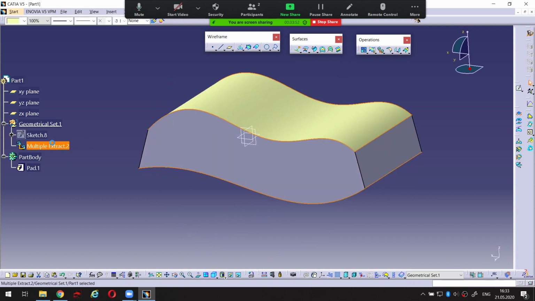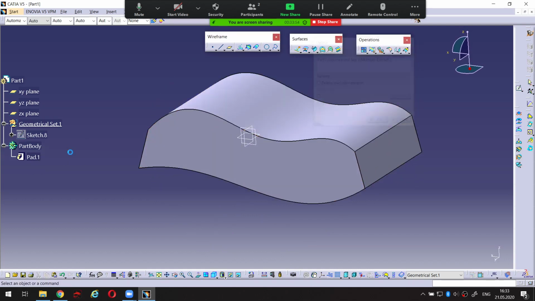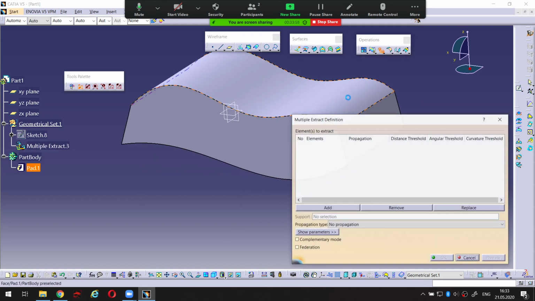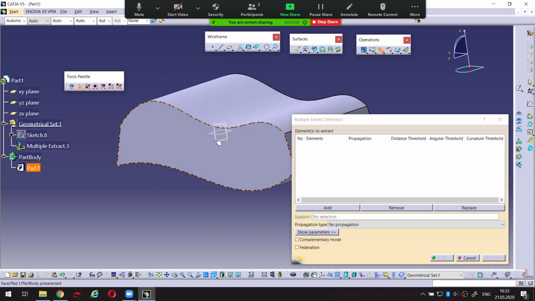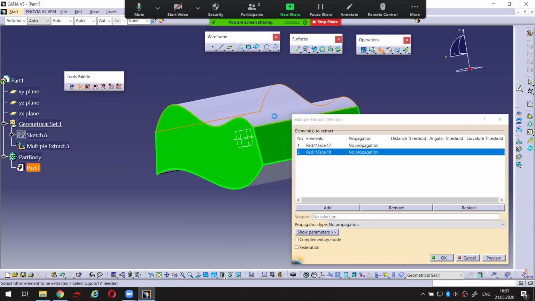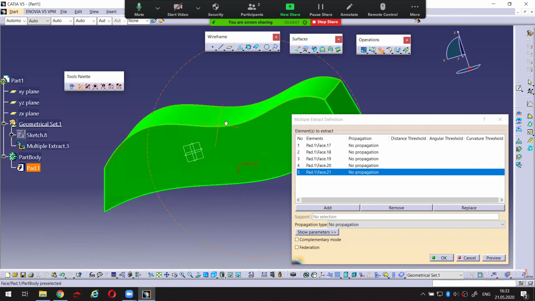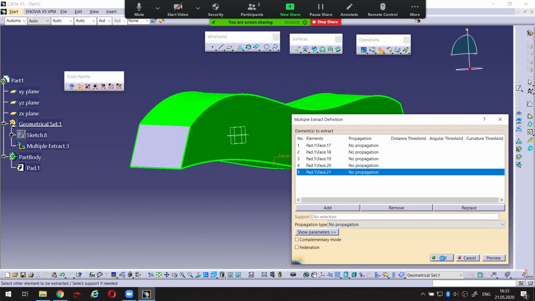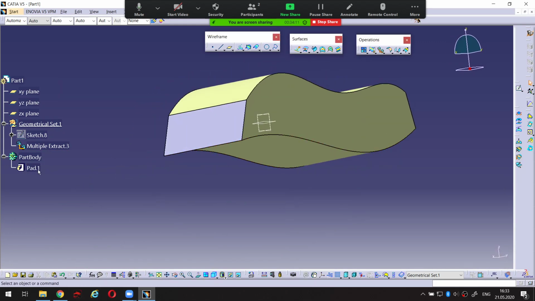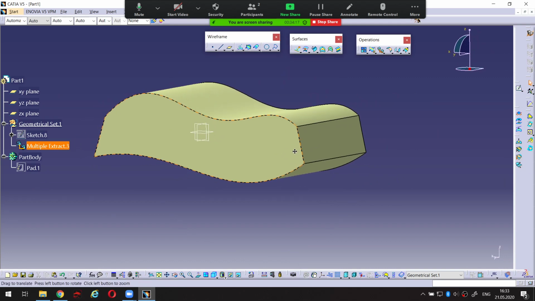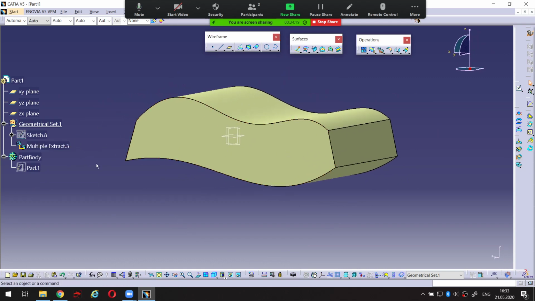Okay, I just select this multiple extract tool once again and try to create maybe 1, 2, 3, maybe 4 and 5, just to show you the result, okay? And hide this pad 1. So it's really interesting, huh? It's really interesting. Okay, I don't need this